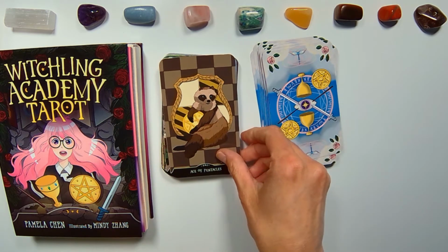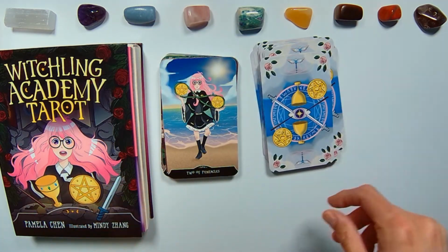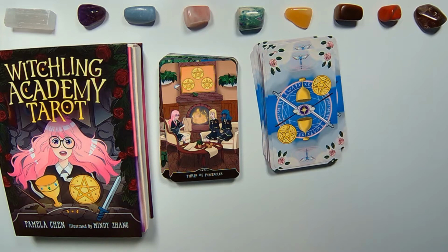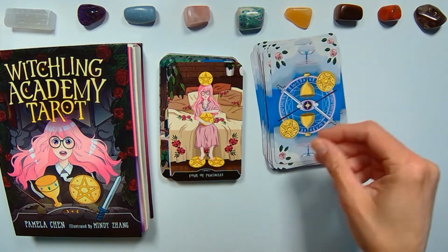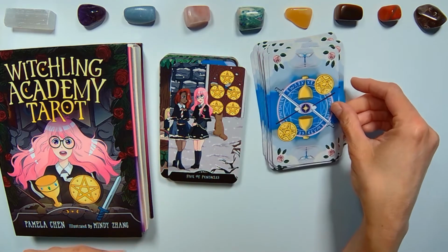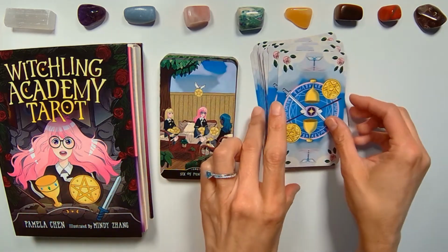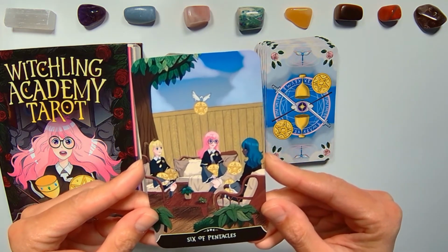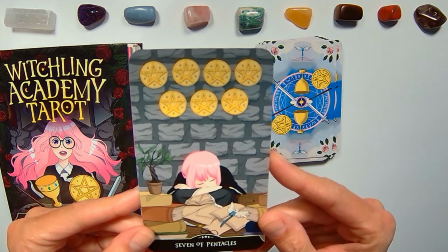Okay, we have Ace of Pentacles, Two of Pentacles, Three of Pentacles, Four of Pentacles, Five of Pentacles, Six of Pentacles, Seven of Pentacles,